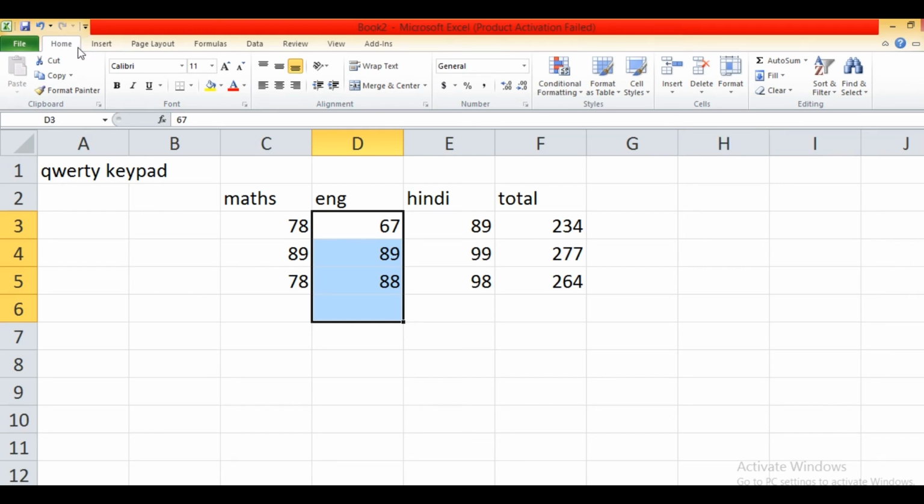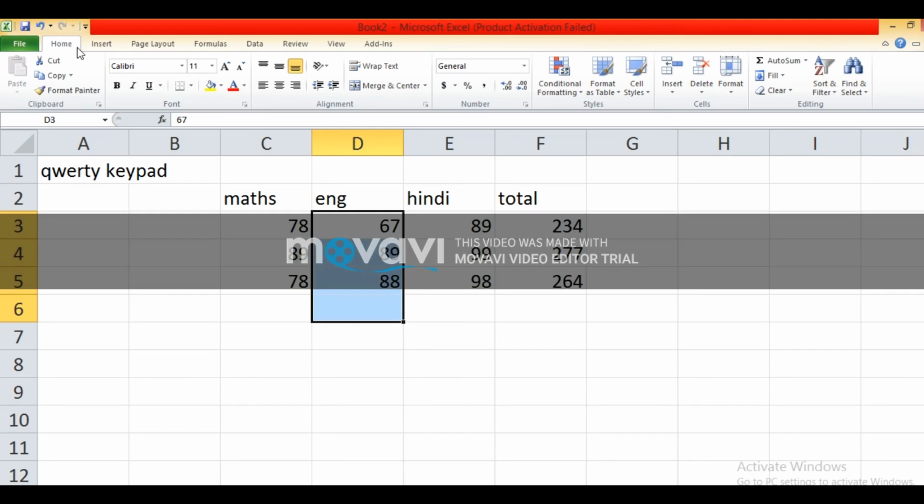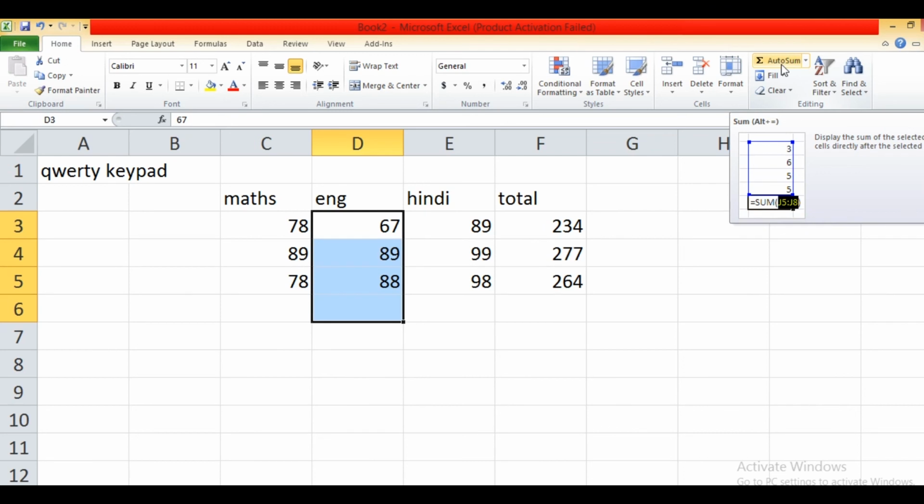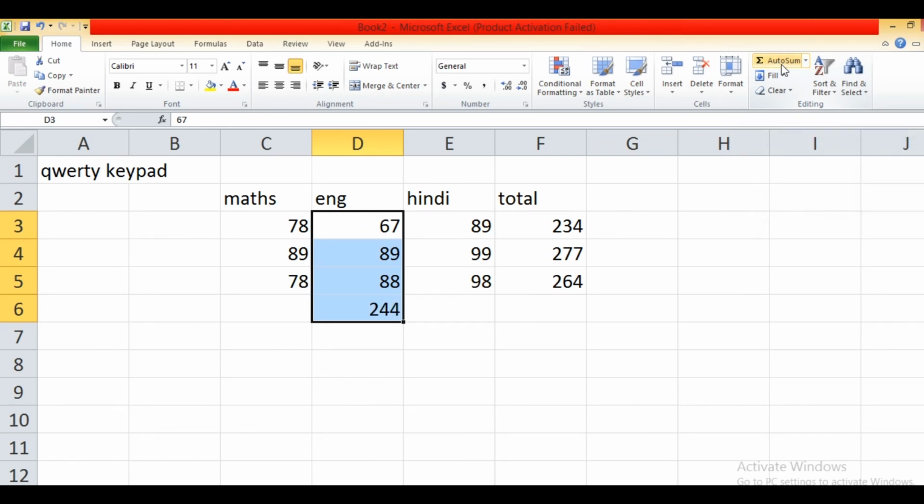If you want to quickly find the sum of those values, select the cell, then click on the Home tab. Click on the AutoSum option from the editing group of the Home tab. A formula along with the suggested cell range will appear in the destination cell.